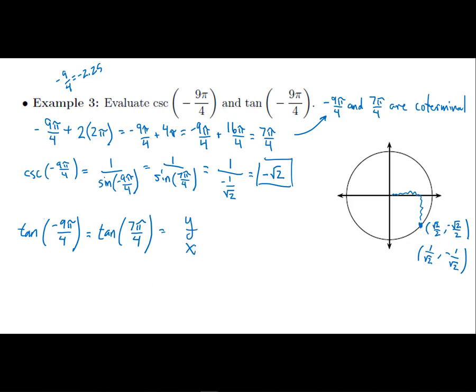Y over x. And the reason I want to use that is because I can see that I'm at this really nice value where the x and the y are the same except for maybe a sign. So I don't even have to think about this one too hard. I don't even have to mess with the root 2 over 2's or the 1 over root 2's. The idea is if the x and y's are the same, then of course y divided by x should just give you 1. But because I know that the x value in this instance is positive and the y value in this instance is negative, instead of getting 1, I'm of course going to get negative